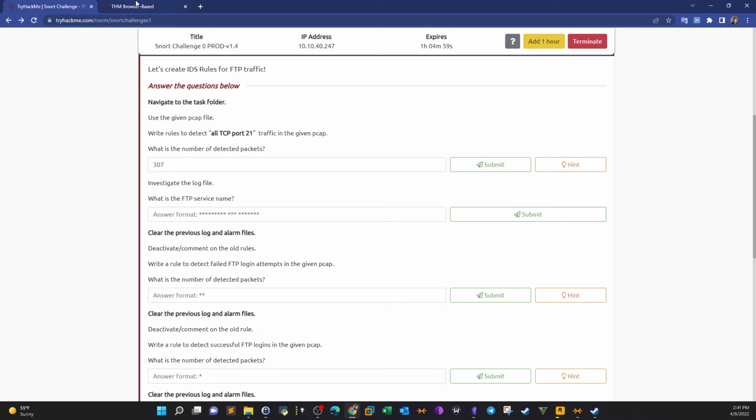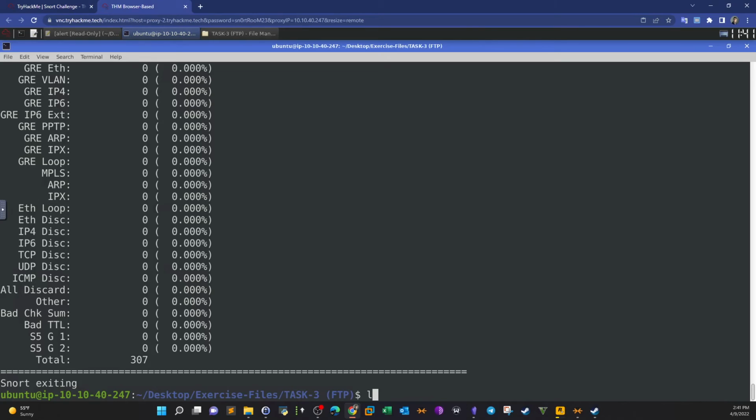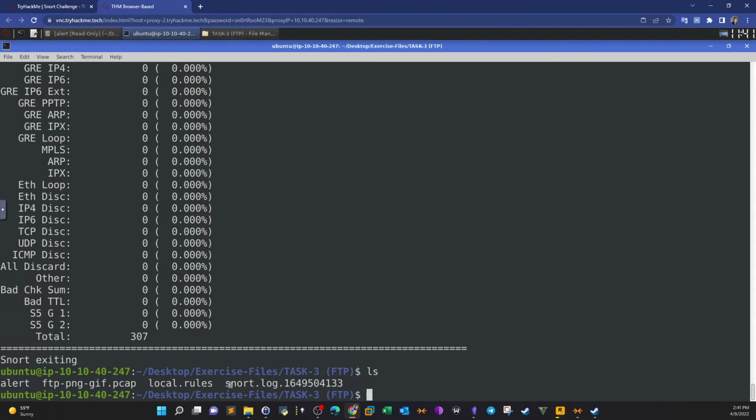To find out the service name, we have two methods. We can analyze the log file, or we can analyze the pcap file. The objective here is to analyze the log file. So let's type a command to extract the service name: sudo snort -r, the log file name, and let's filter for the FTP traffic, or let's type -d first. -d extracts packets in full data dump mode, which enables us to find the details of the packet. Okay, -d, and then we filter for